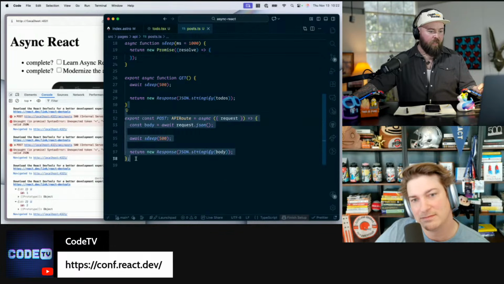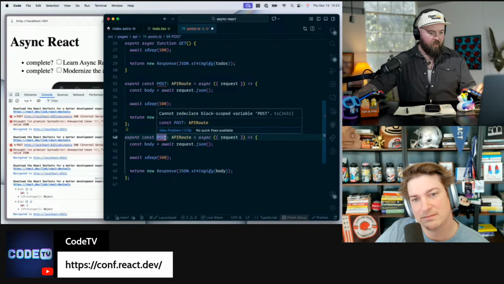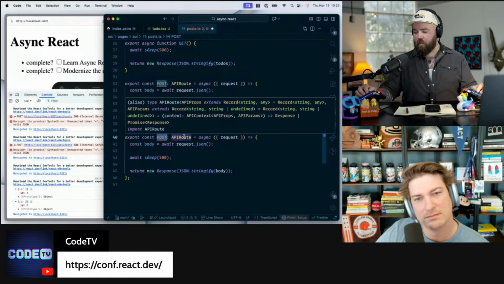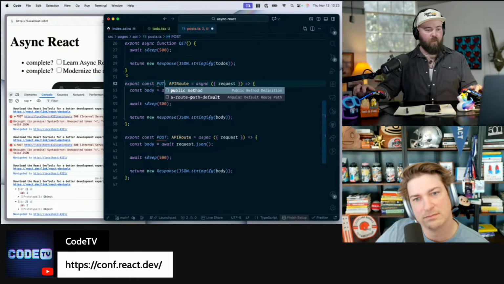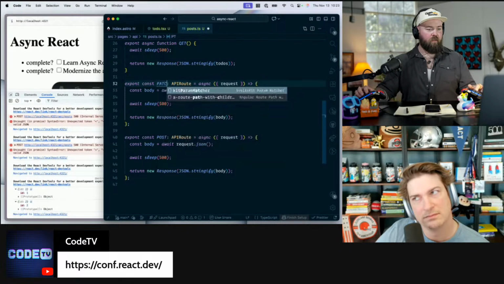So I'm going to copy paste this. Oh, we'll fix this as well. But this one should actually be put, shouldn't it? Because patch or put. What am I thinking? It's put, right? For a modification. A put would be a whole resource update.